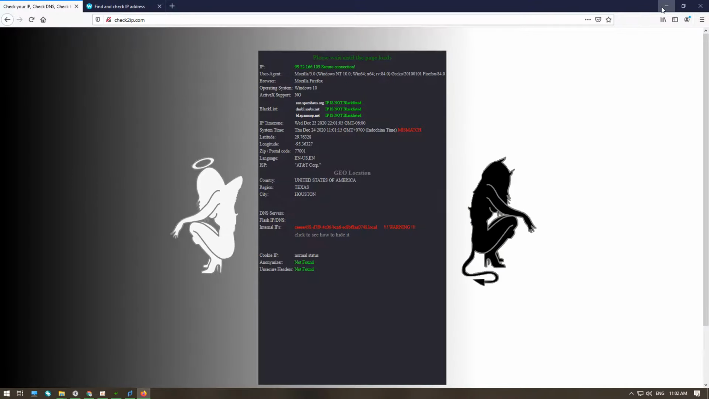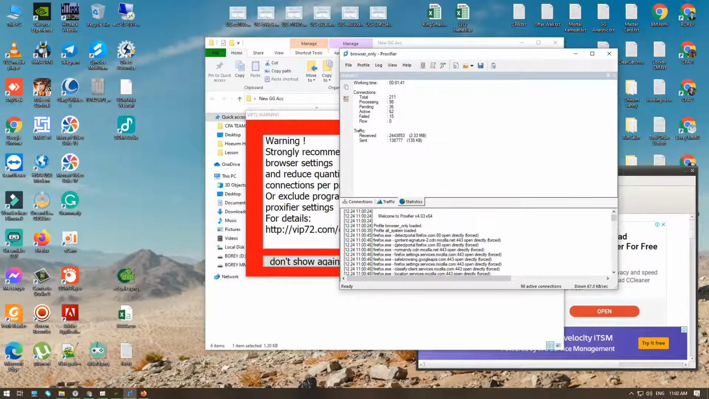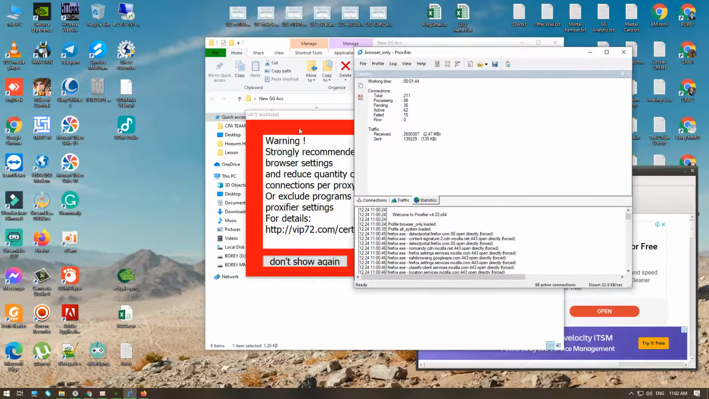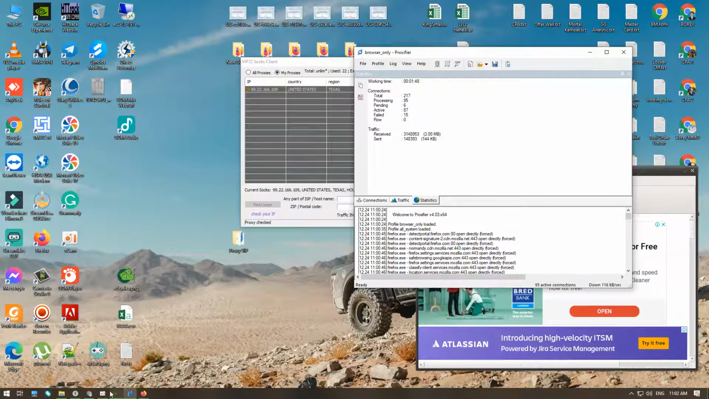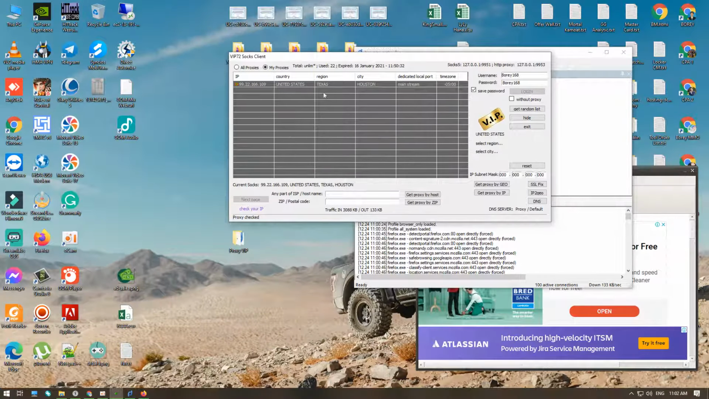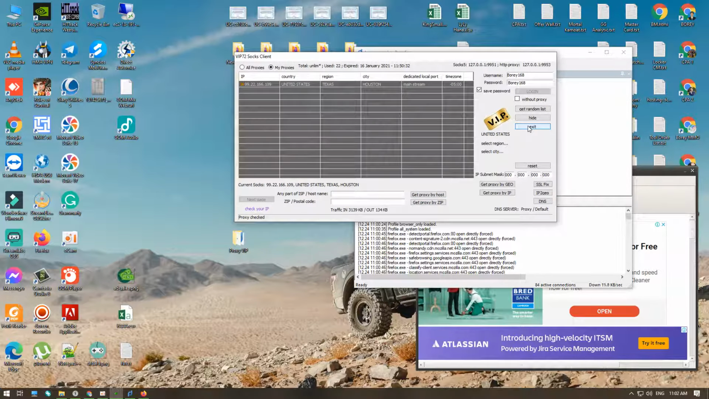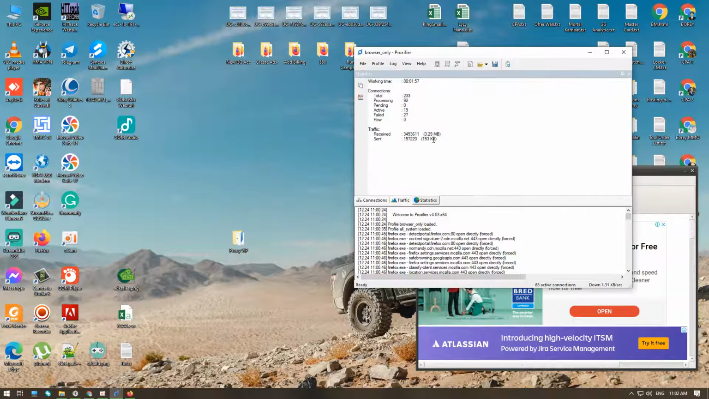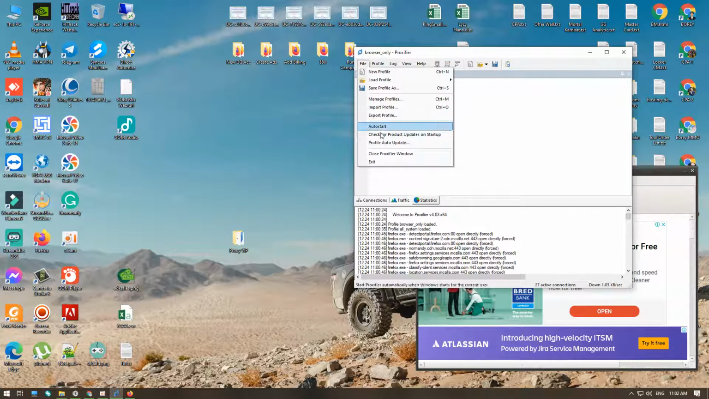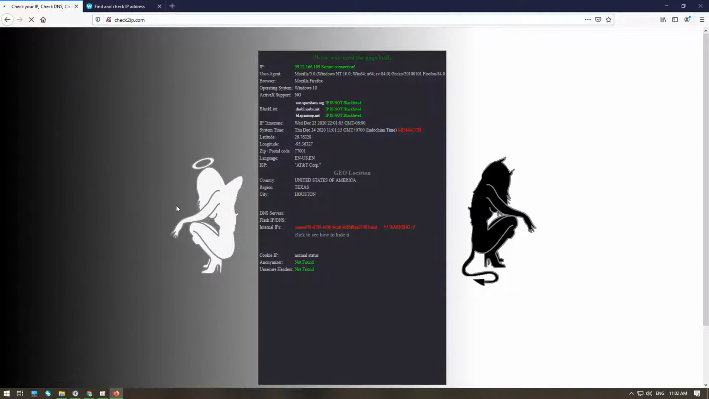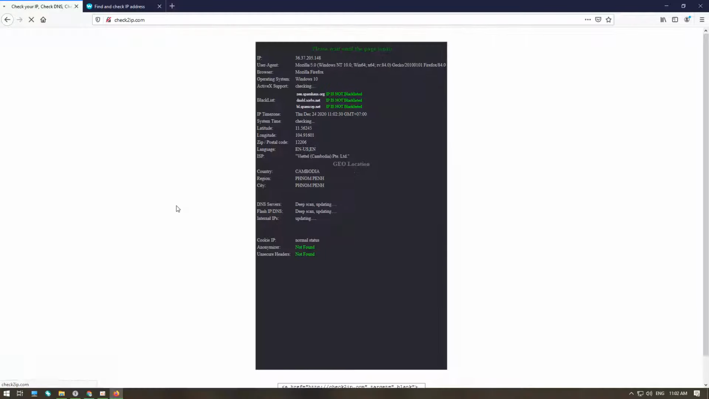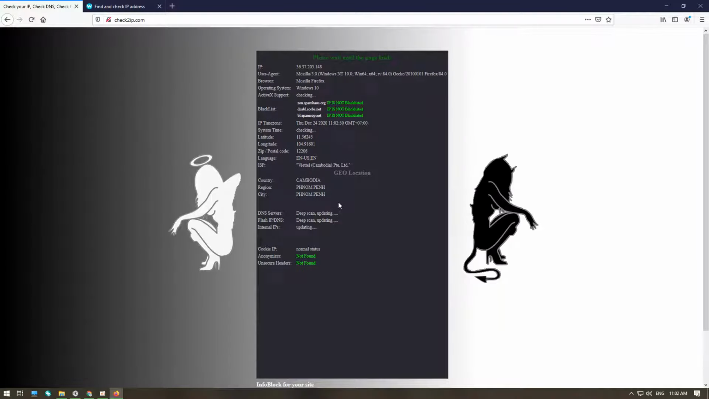Then when you finish your work, you can exit or stop it. You can go to VIP SOC, click exit, and then click here, file, exit, yes, then check again. Okay, I come back to